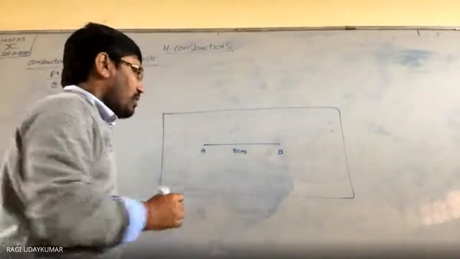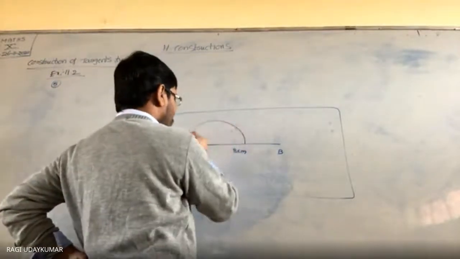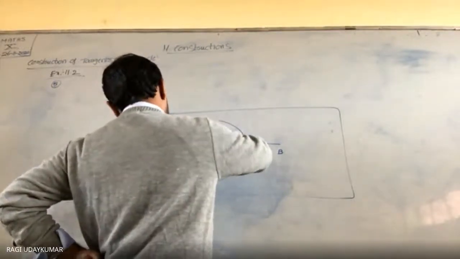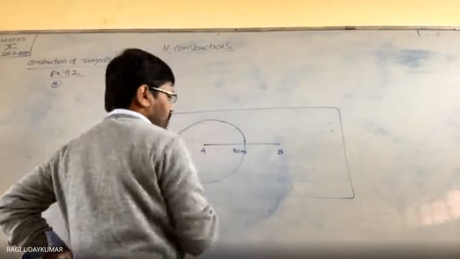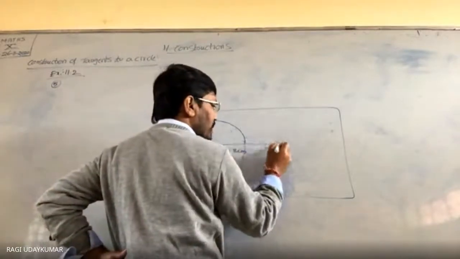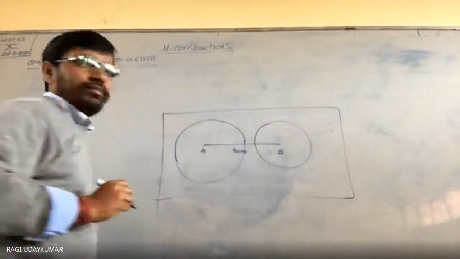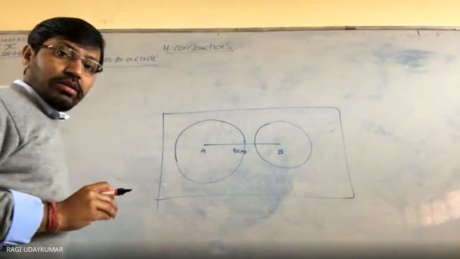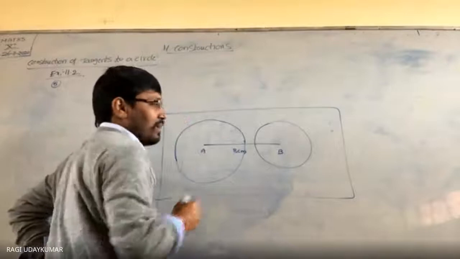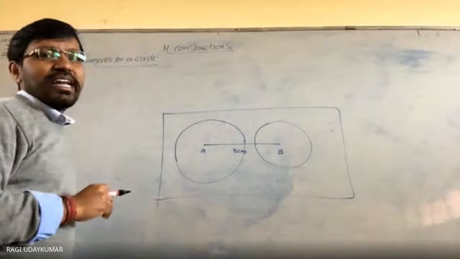Sorry, 8 centimeters, not 12, 8 centimeters. So now here, with a 4 centimeter radius draw a circle like this. Approximately I am drawing the circle, it may not come out in a proper way. Okay, this will be 4 centimeters, and with 3 centimeters draw one more circle. So like this circle. Now what to do? You have to draw the tangents from here to this circle, and from here to this circle. Everything will come in a single figure.